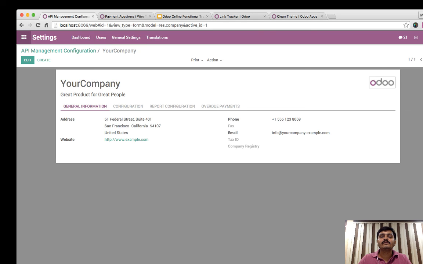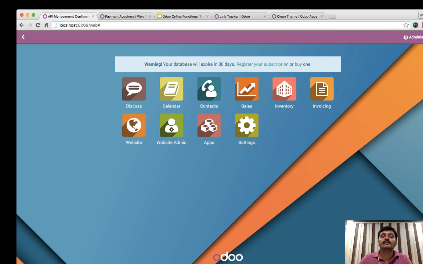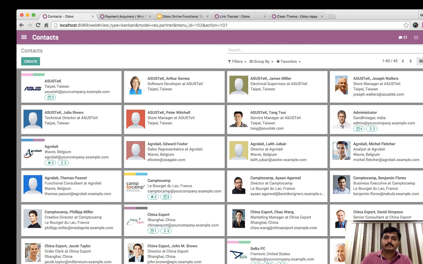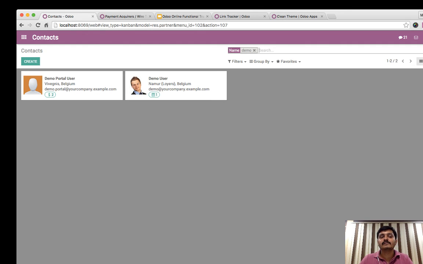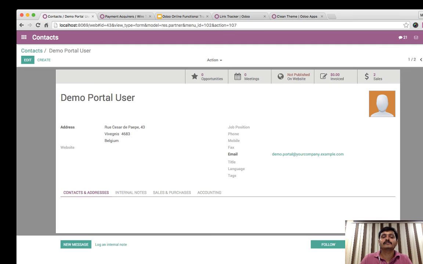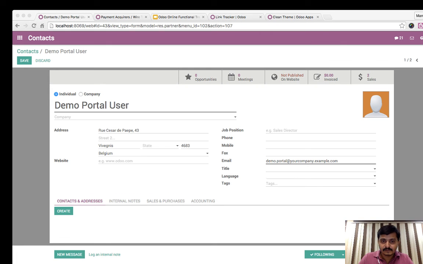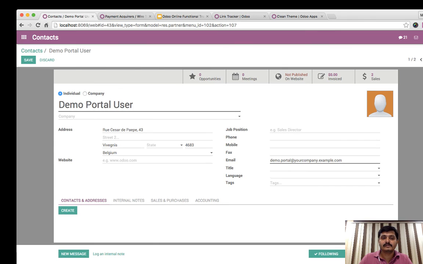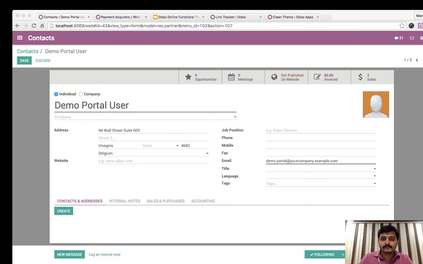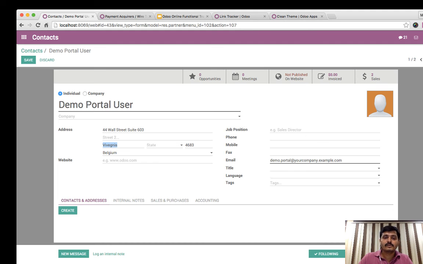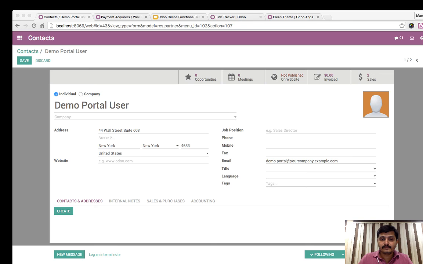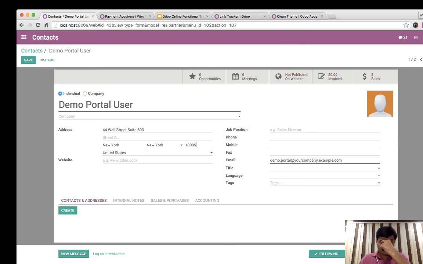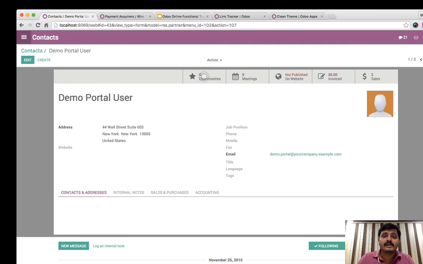Let's do the same for the demo portal user for the customer location, because everything works on the customer location, customer and company location. Here it's this, New York, and it's fine. So now I can go to sales,